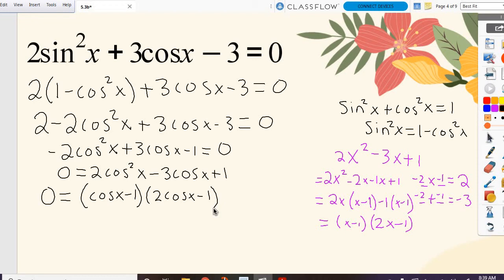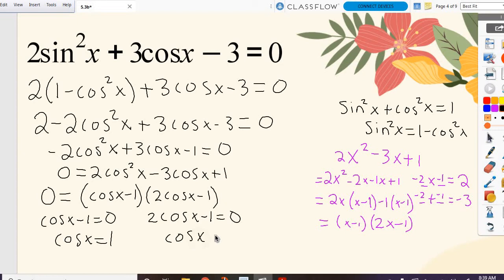So then, once it's factored, we can set each of our factors equal to 0. And then use those opposite operations. So cosine x equals 1, and cosine x equals 1/2. And again, if we wanted